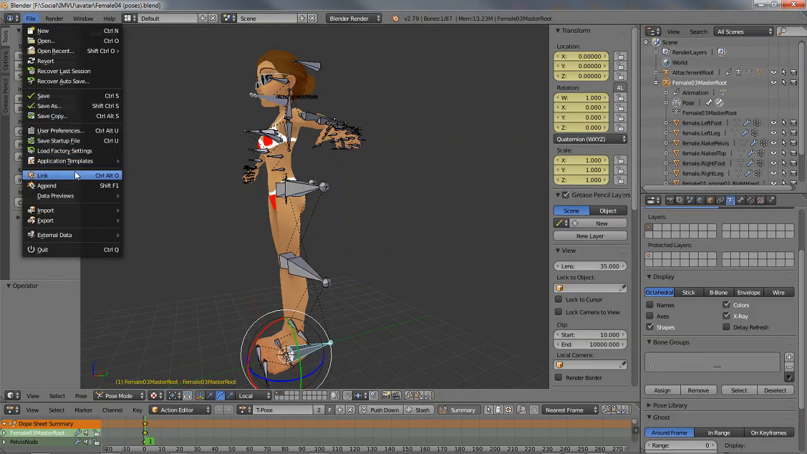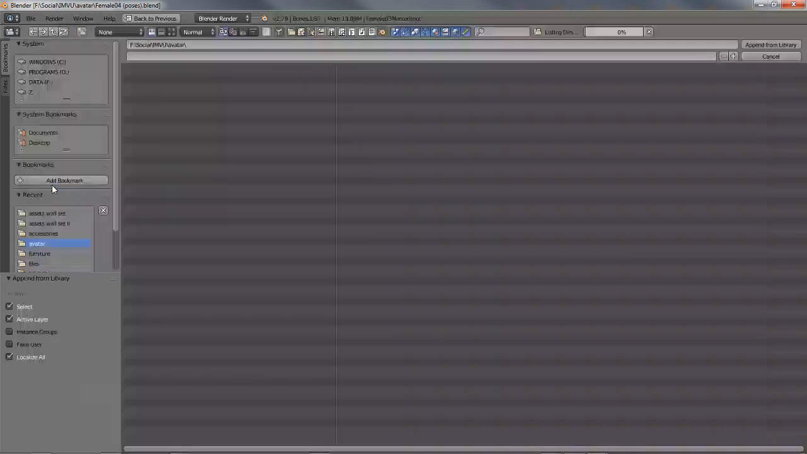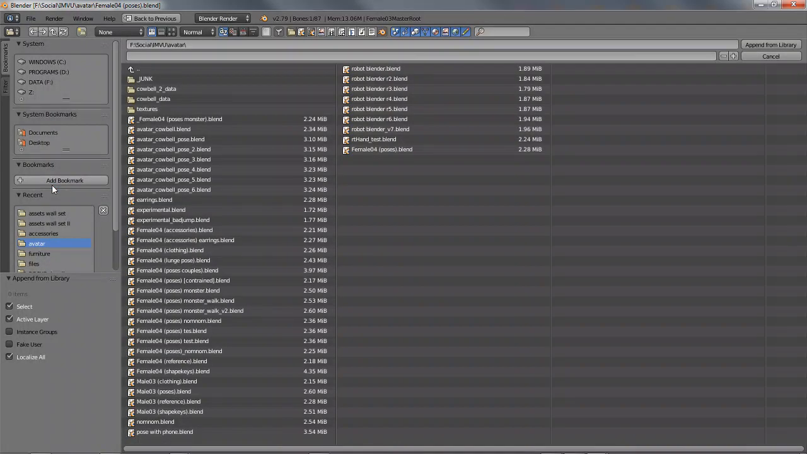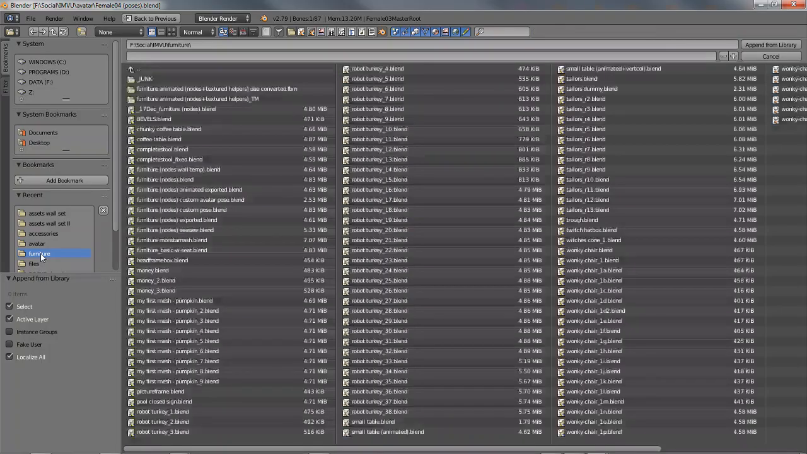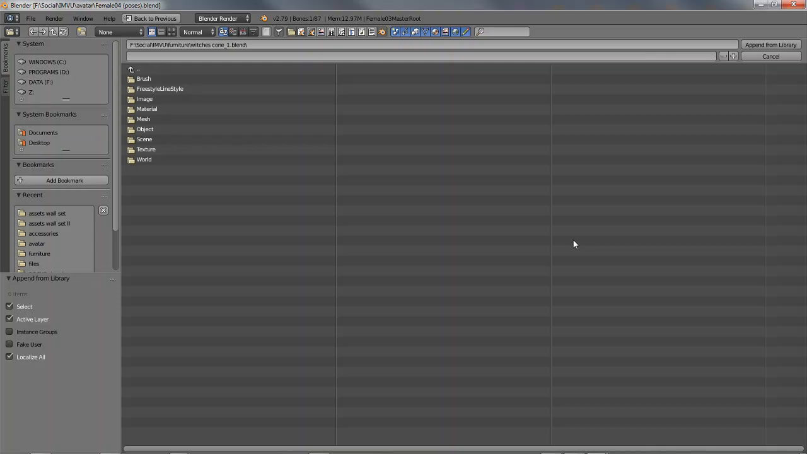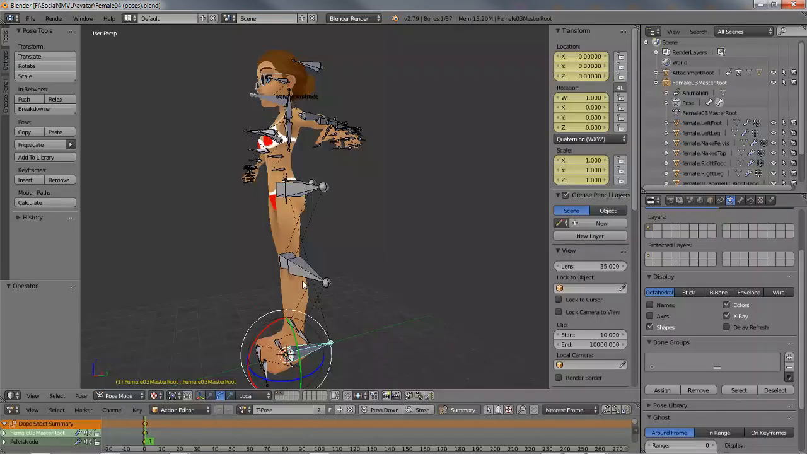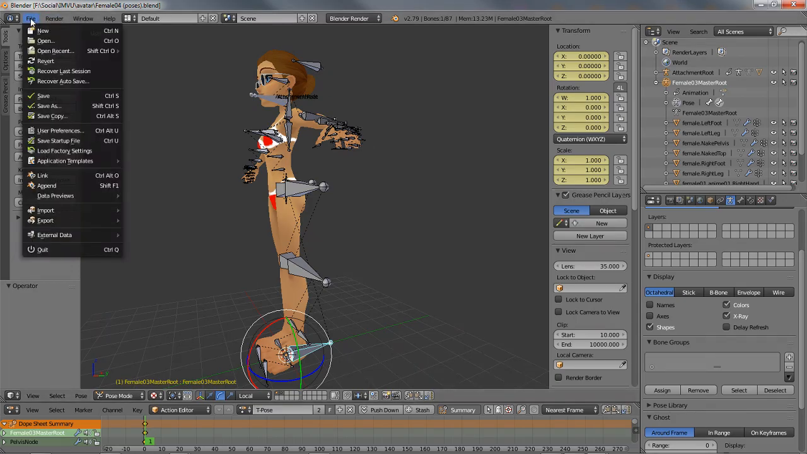So that's what we're going to do now, append, and then we need to find the file that we just saved. So that's in furniture, and it was called witches. There it is, witches cone. So these are all the Blender files. So you click on that, and when you're appending, it doesn't work like import in the strict sense. It's essentially a file browser, a bit like Windows Explorer or File Explorer, or whatever it's called now in Windows 10. So append,